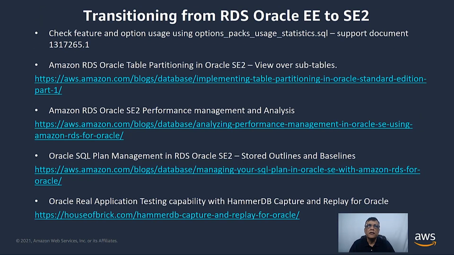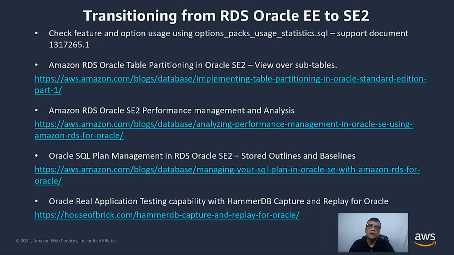Our customers are always asking for help with transitioning from RDS Oracle Enterprise Edition to Standard Edition 2. There are various articles and scripts available to do that. The first one is the script offered by Oracle Support, in the document on the screen, options_packs_usage_statistics.sql. When this script is run, it shows you what actual options and packages are being used in the database. Using that, you can determine whether you are using all the options in Enterprise Edition that you have licensed for, or whether you can use Standard Edition 2 and make use of the features and options in Standard Edition to